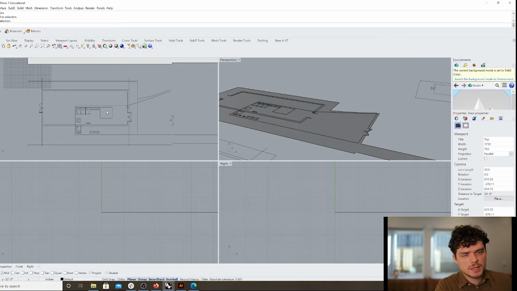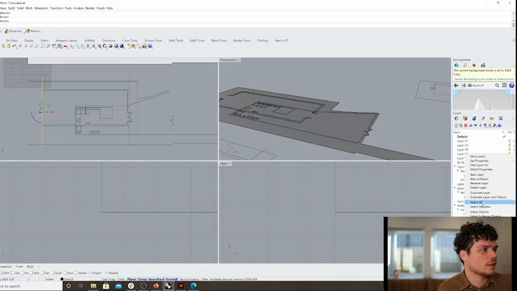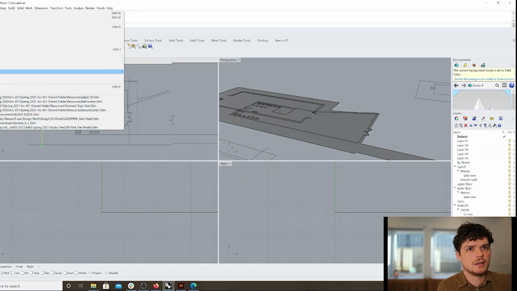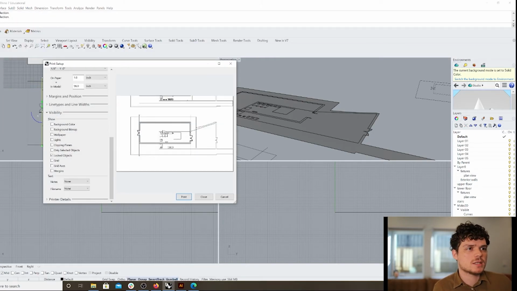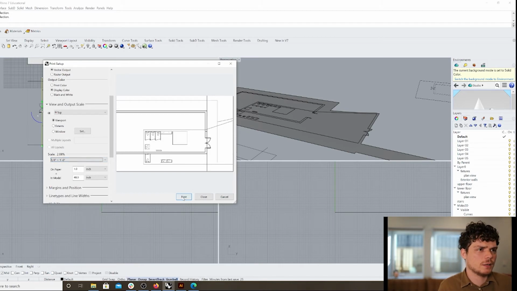So that's basically the basic premise, is putting your line work on layers, and then setting your layers by hitting right click, set properties, and the print width, and setting your print width based on that. One thing I would like to mention is that this does change based on your print scale. So for instance, if I set this line weight and now I go to, let's make this scale a 1/4 inch. I'm going to print,